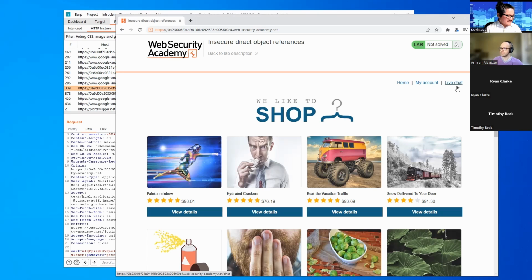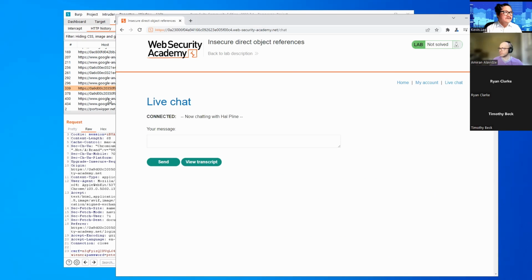Let's see. In the lab instructions, it said that chat logs are stored on the service file system. That indicates to us that we probably want to check out the live chat link and start looking for any clues over there. So we're going to click on the live chat link, and we see that we're inside of this chat application.